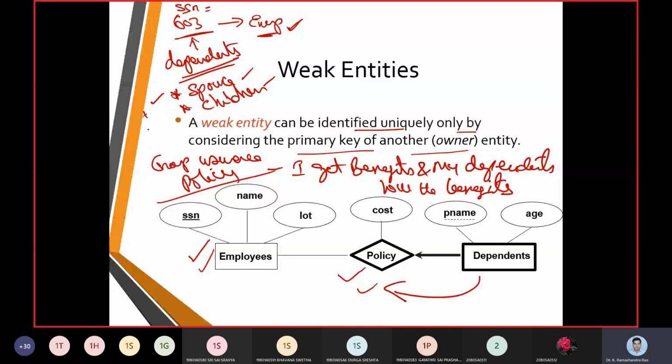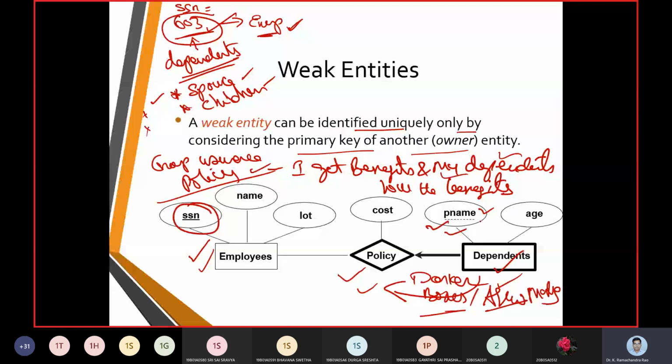And second thing, I have my SSN, but my dependents are identified only with their P name. Next, condition number 2: why are they weak?